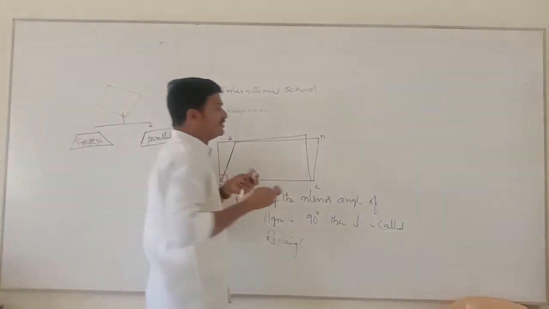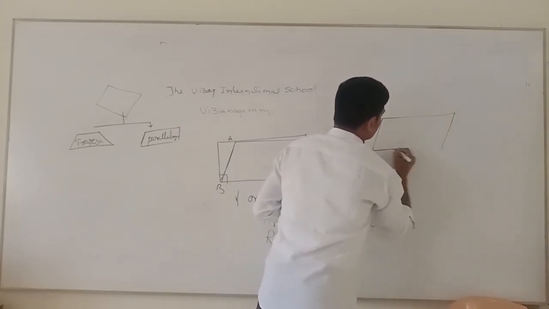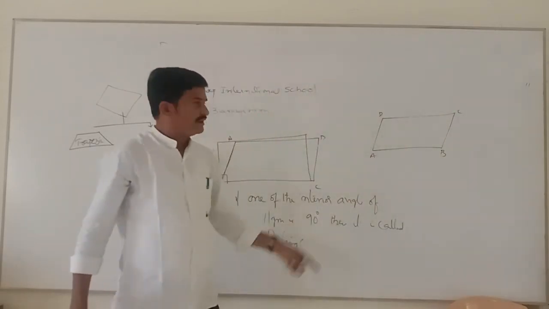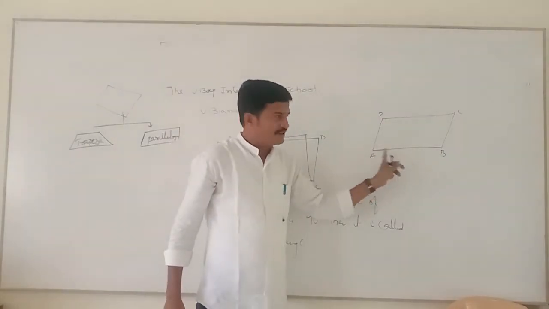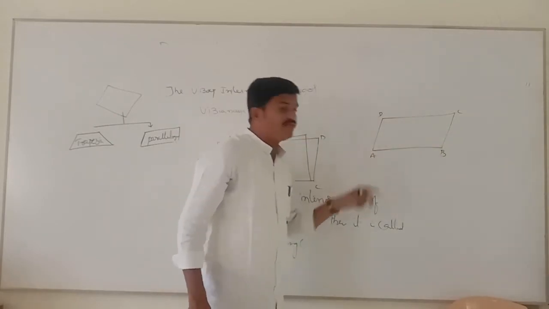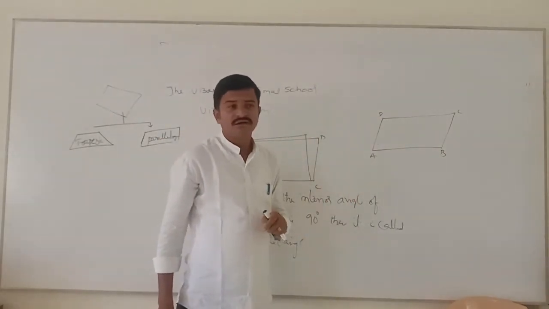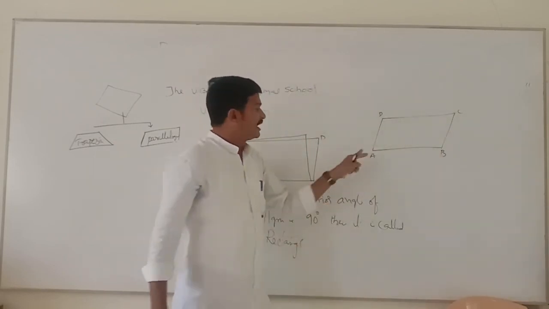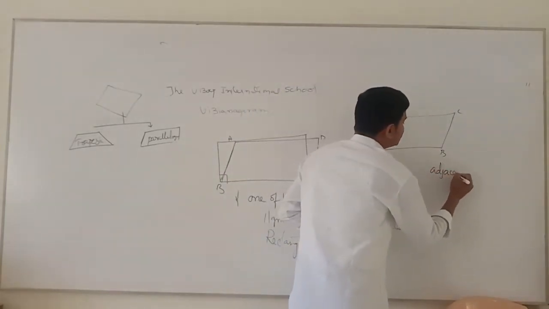If you draw one parallelogram like this, this is the parallelogram now ABCD. Are you clear or not? In this parallelogram ABCD, AB and DC are opposite sides, I told you. AB and DC are called opposite sides. Okay. Then AB and AD are what? See, AB and DC are opposite sides. And then AB and AD are adjacent sides. Those are called adjacent sides.